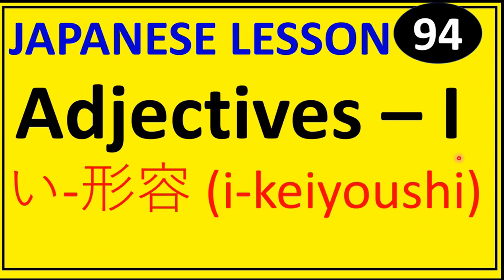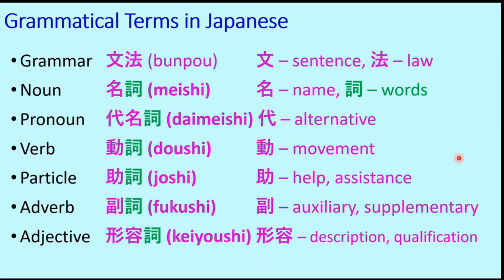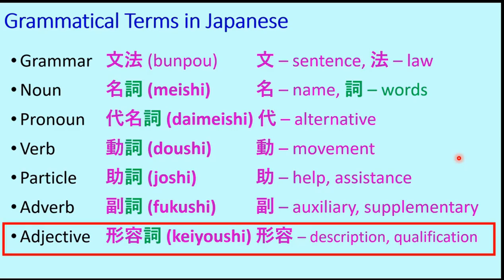This is a series of Japanese lessons for beginners. Today is the 94th lesson and today's topic is adjectives part 1. These are the basic grammatical terms in Japanese which we know, and in today's lesson we shall be looking into keiyoshi, which is adjective. So in Japanese adjective is called keiyoshi, and the literal meaning of the word keiyoshi is